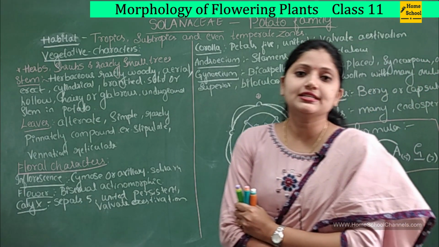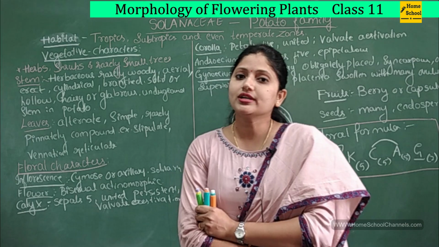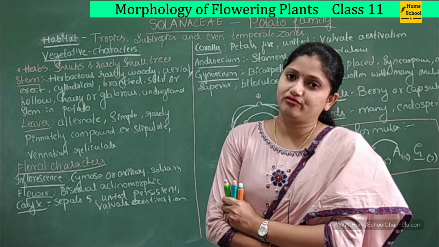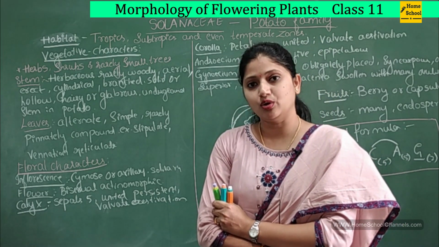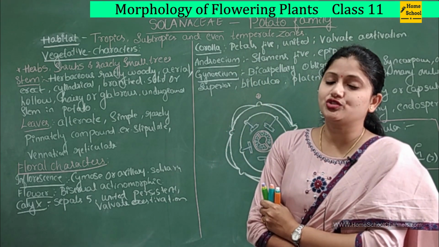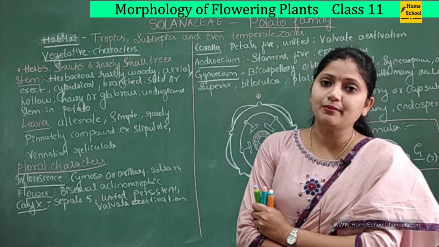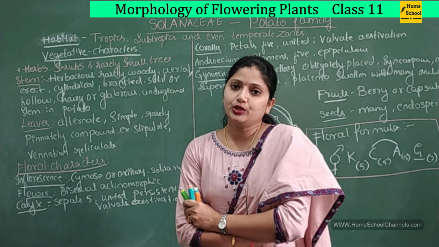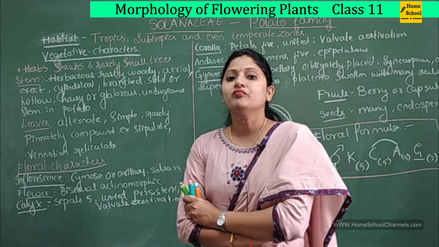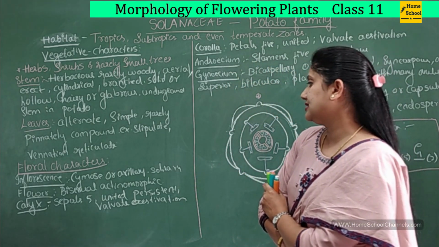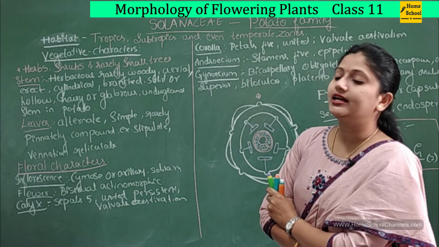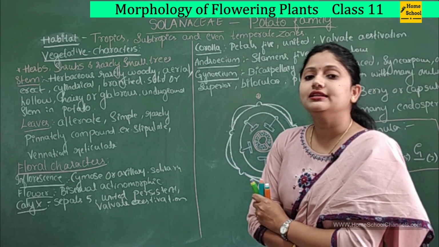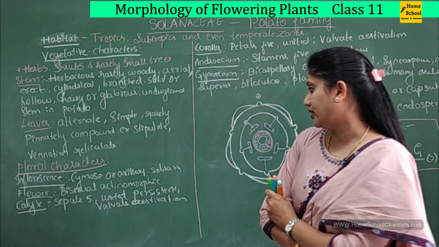Inflorescence is cymose type of inflorescence. What is cymose inflorescence? Here the main axis will terminate into a flower and they will branch out there. In case of racemose, which we had seen previously in the Fabaceae family, the main axis was not terminating into a flower. The main axis was actually growing. Whereas in case of cymose or axillary type of inflorescence, the main axis will actually terminate into the flower and the branchings will be growing there.